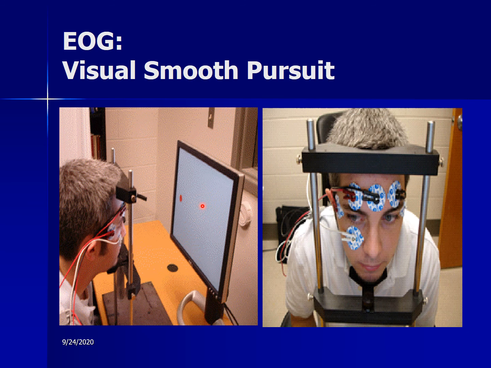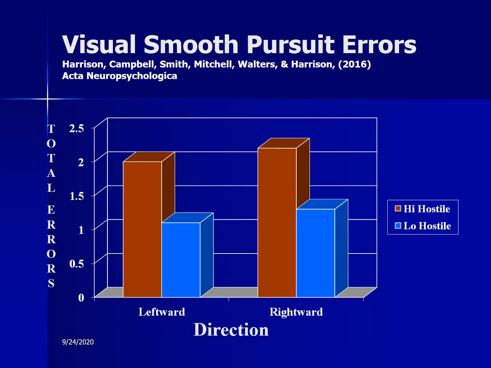So here we are measuring the electrooculogram for visual smooth pursuit. They're watching this dot move back and forth across here with their head fixed. And these are the electrooculogram we talked about before, measuring muscle action potentials. And we're expecting our hostile violent prone folks to have a lot of visual smooth pursuit errors, what we call nystagmus or jerky eye movements. And that's what we find. Hostile violent prone folks have right frontal eye field and left frontal eye field deficits. Visual smooth pursuit is difficult for them.